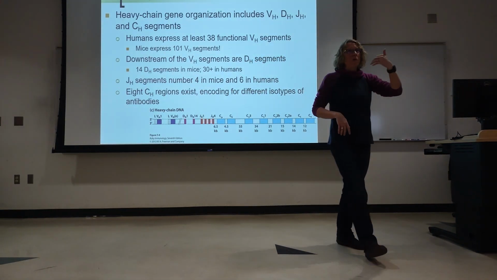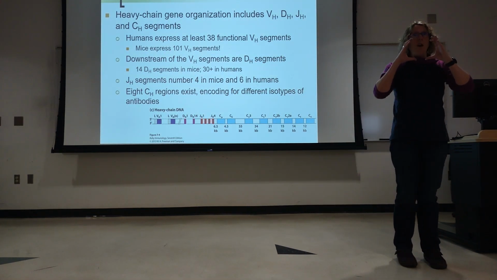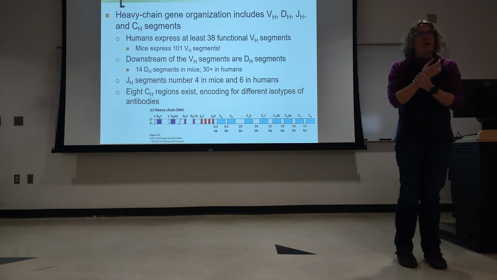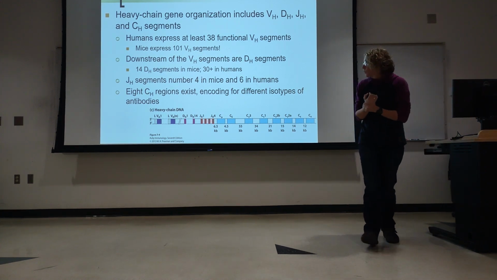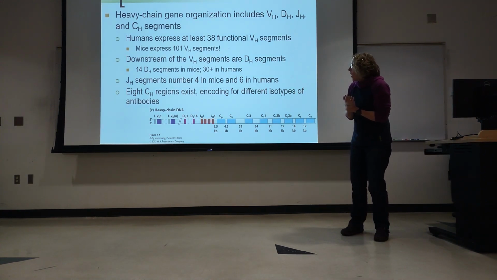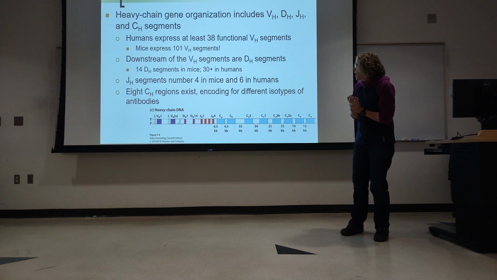In mu, delta, epsilon, whatever. You just get one constant region for the light chain. What does the L stand for in front of the V? This stands for